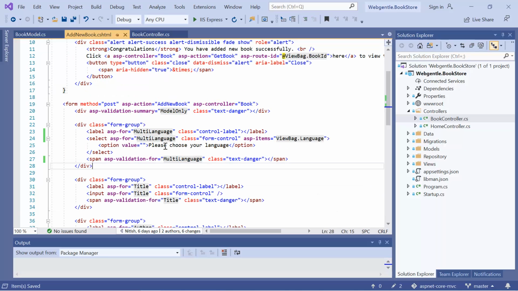We are using this MultiLanguage property over here in this select, and right now if you notice, we have only updated the name of our property, but we need to make some changes in this select tag as well. How can we do that? We need to simply use one more attribute with the name multiple over here. If you add this multiple to your dropdown, then only you will be able to select multiple values from this dropdown. Okay, now let's run this application by pressing F5.